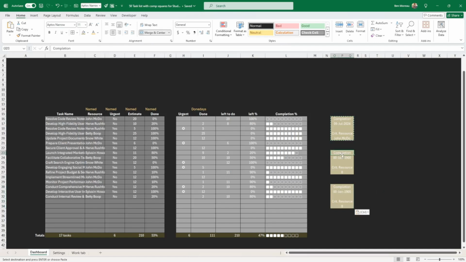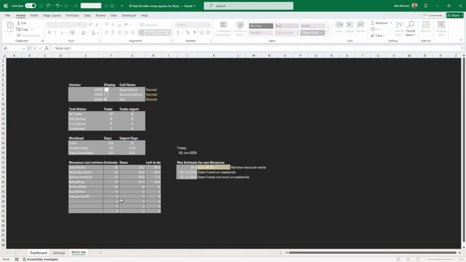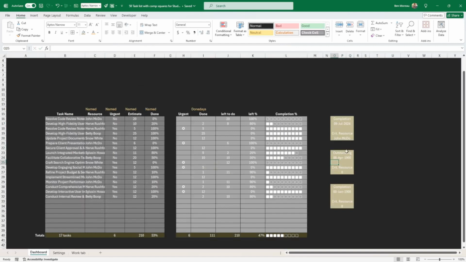Okay, so now what do we want? We want the outstanding days. So here I think what I could do is, if I just take the number of outstanding days from the work tab here, estimate where my outstanding days are here. So this is this one, right? If I take this, and this is going to bring back here, so obviously now it's got the wrong